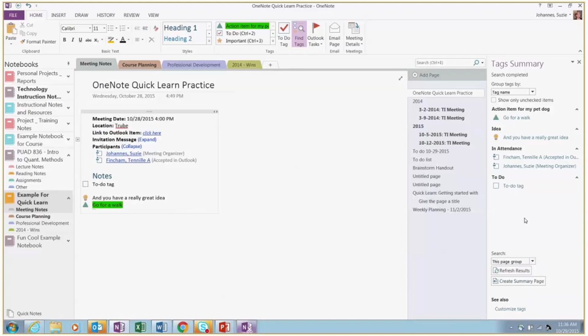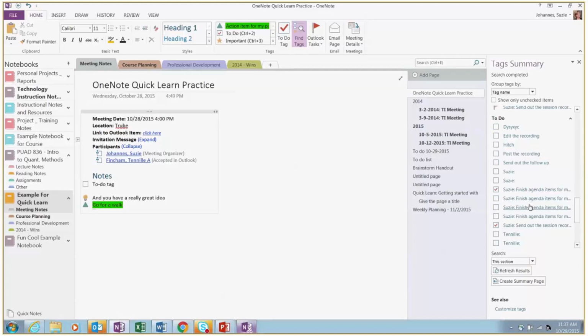So putting this in practice, you have a notebook, you have a tab just like this that's called meeting notes, and then each week you have your action items and you have ideas, that type of thing. If you are the supervisor and you want to get an idea of what action items you have out there, you can come here to your section with your meeting notes. You can show this section. So it's going to show some attendance stuff that we can get rid of later, but it's going to show all of your to-do items.